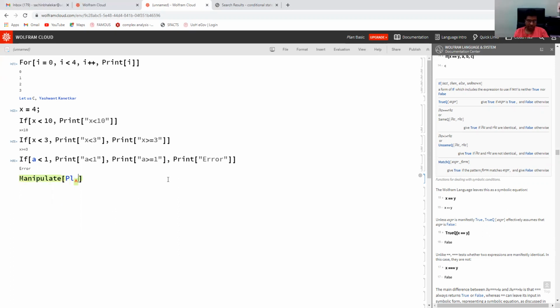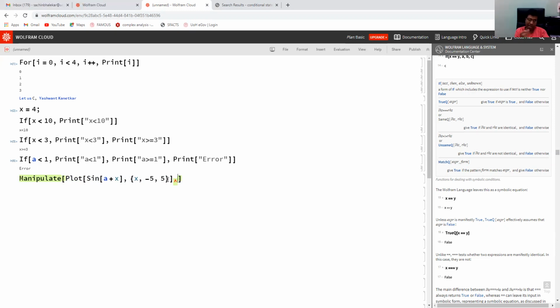I will write Plot sin(a + x), and I'm putting x from say minus 5 to 5. I'm plotting this, but a will change from say 0 to 10.